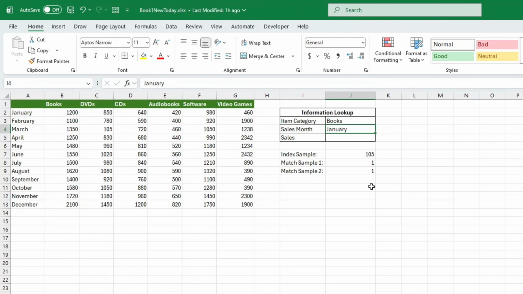Building the combined formula. Let me show you how this works. I'll click in cell J5, where I want the final lookup result to appear. I'll type equals